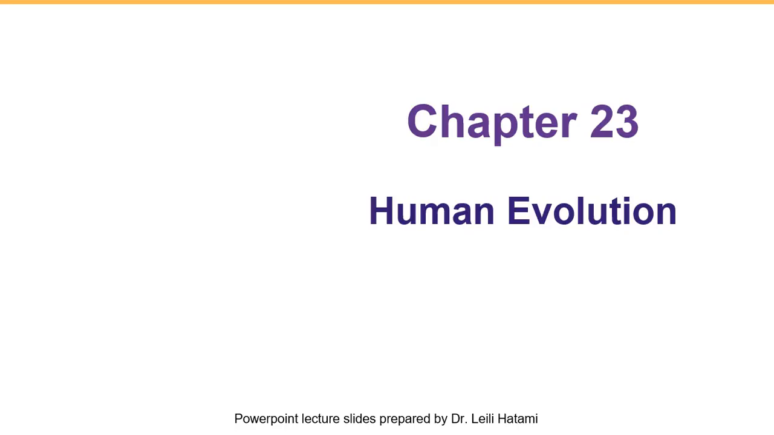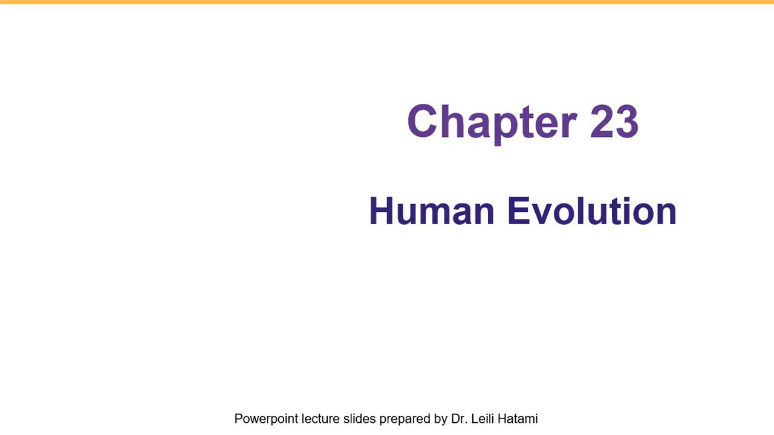In this video, we're going to talk about human evolution. By the end of this chapter, you will be able to describe the origin of life on Earth in simple terms, explain what evolution is and what it means for living organisms, identify the main mechanism of evolution, including natural selection,